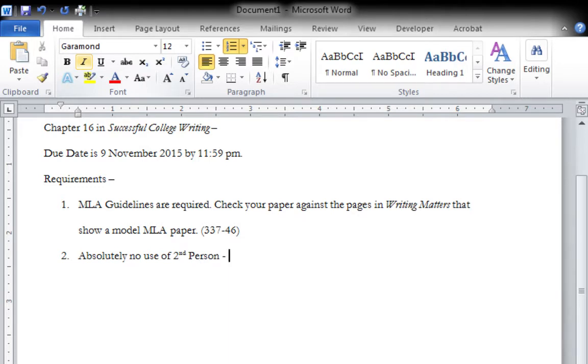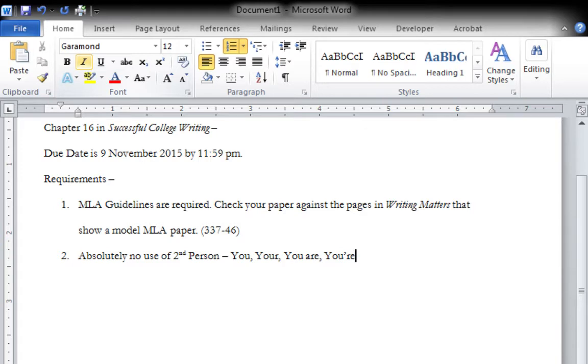So if you don't know your pronouns and your point of view, that is you, your, or you are, or its variant, the contraction your. Any use of those is incorrect usage.